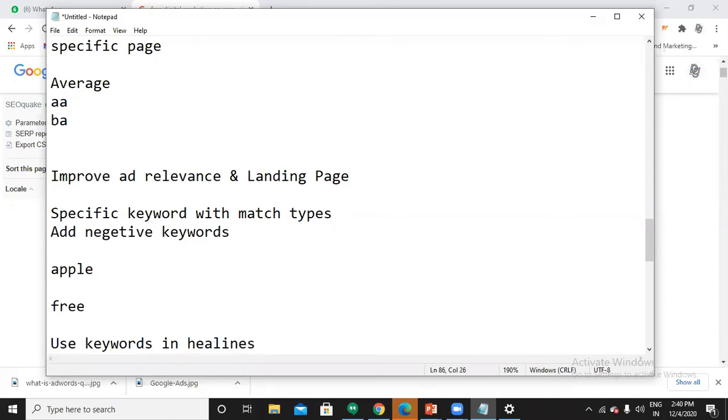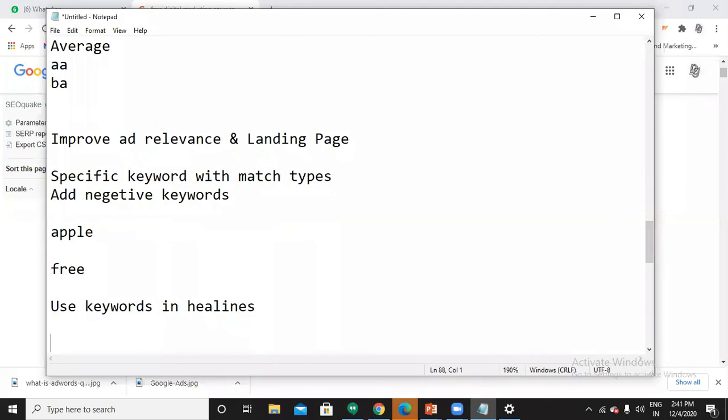If your ad group is all about digital marketing, or if your keywords are like digital marketing training, digital marketing online, you insert those keywords in headlines. That's it. No other keywords. If you use other keywords, people may find it irrelevant. They don't even click on your ad. If they don't click on your ad, your CTR will not improve. If your CTR doesn't improve, your quality score will be low, right? So you have to use your keywords in headlines.